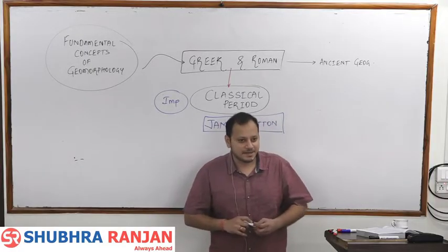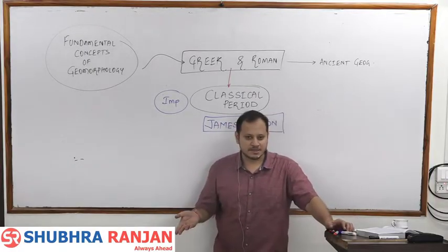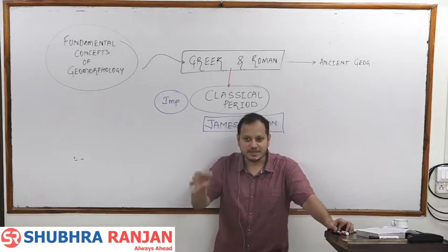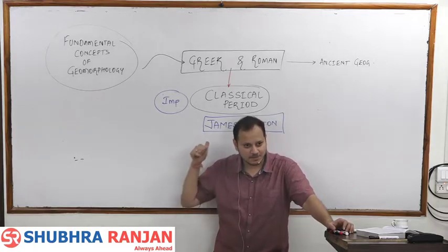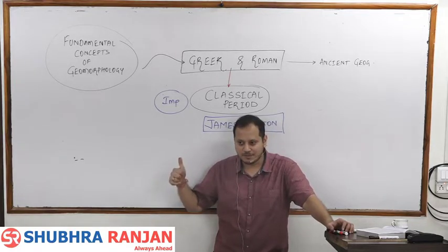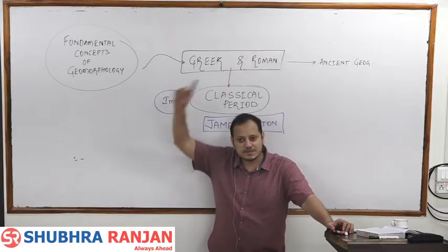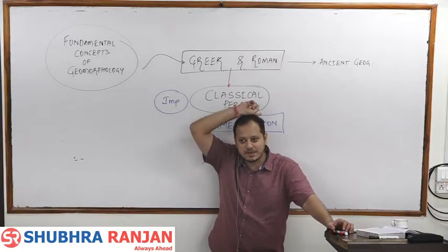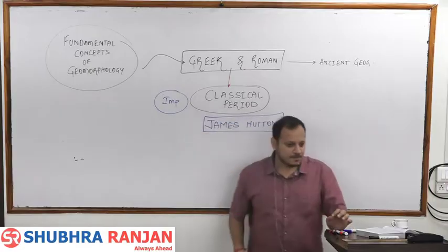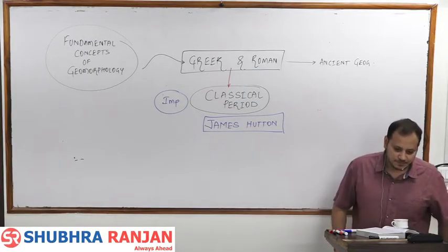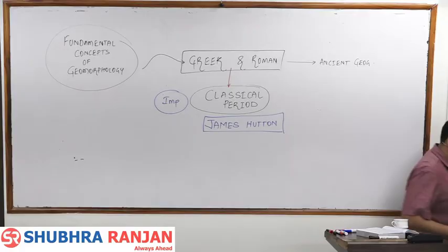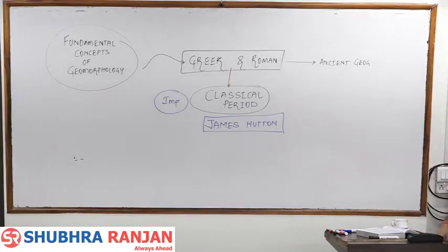James Hutton's line, I had used it yesterday: present is key to the past. That is the principle of uniformitarianism. The present landform tells you about the past climatic conditions. Getting it? So James Hutton challenged the principle of